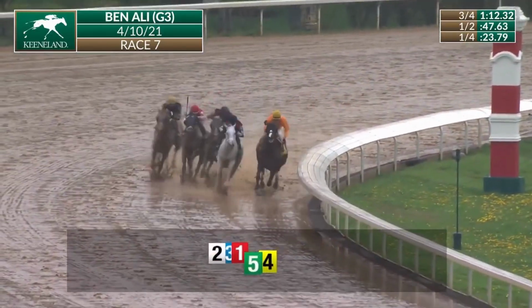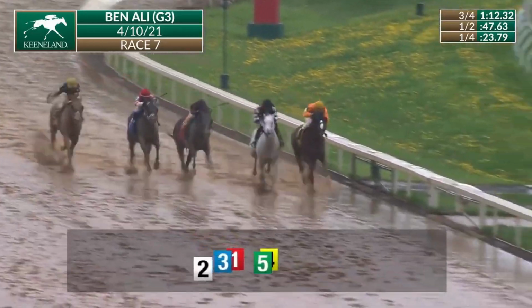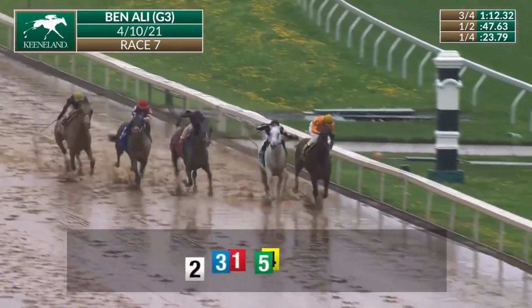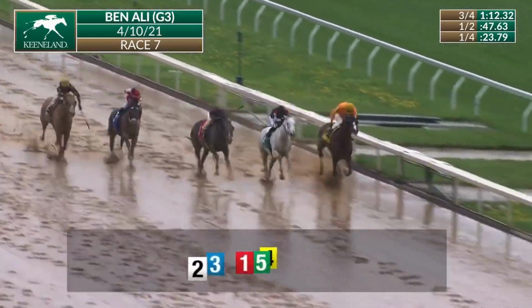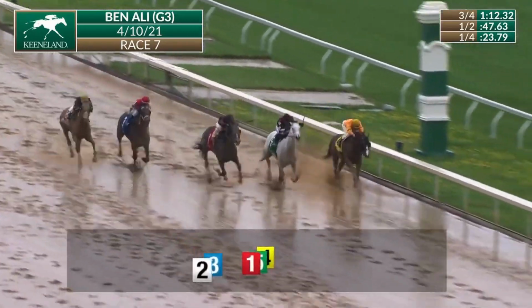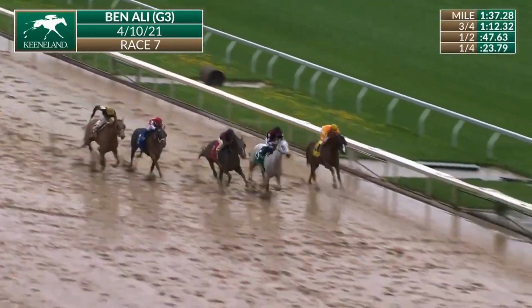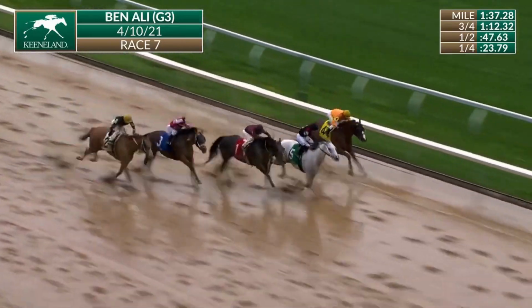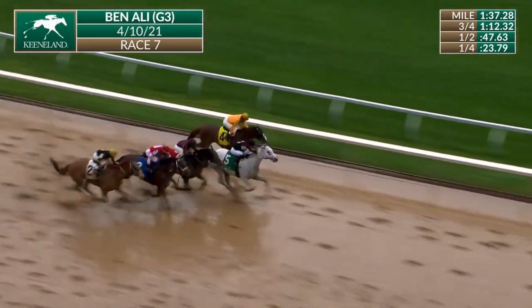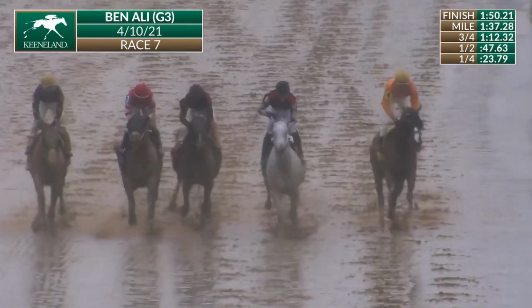And Treasure Trove is a wide fifth as they turn for home. Silver Dust with a narrow lead. Bo Luminari outside, Sprawl to the inside. And then Night Ops and Treasure Trove far outside. These five line up across the track in the final furlong. Sprawl is running a game race down to the rail. Bo Luminari is there. Silver Dust is there. Silver Dust ahead in front once again. Bo Luminari, Night Ops is running late on the outside. Silver Dust in front at the line. Silver Dust wins it by a